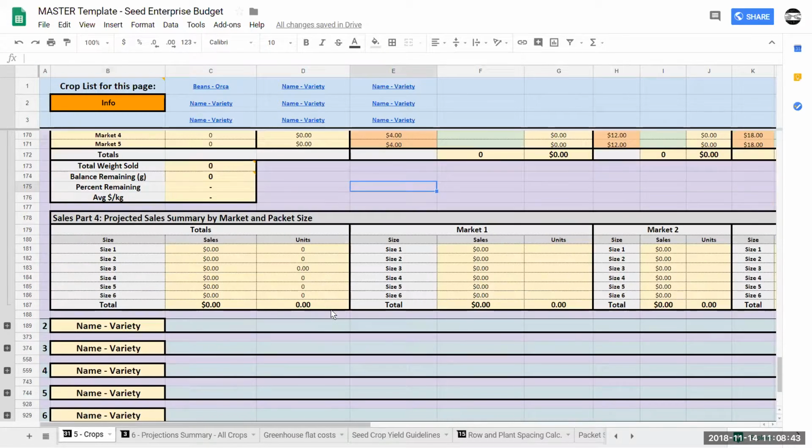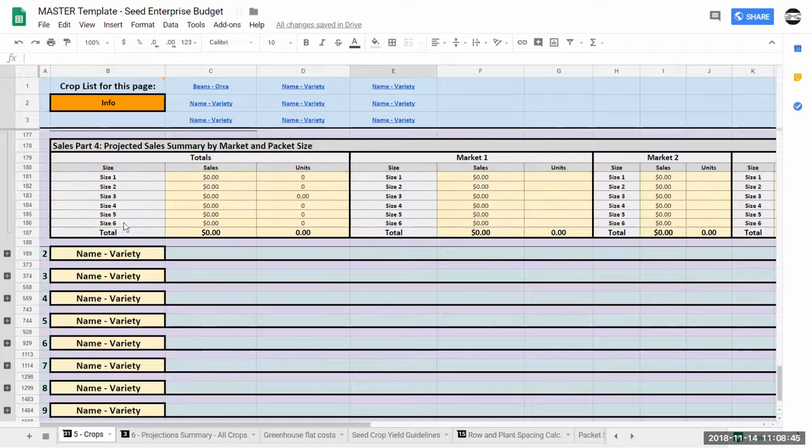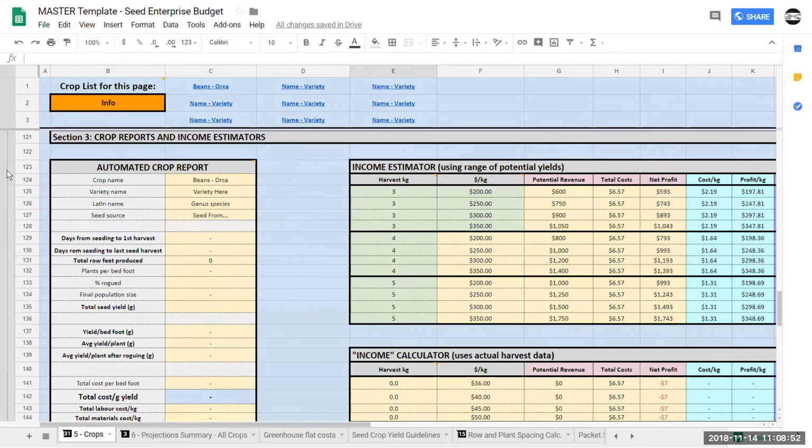So a lot of the stuff gets summarized down below. And then you can see as I get to the end here, I get into my next variety. And so I have all these varieties on one page. And if I want to go, I'm going to scroll up.